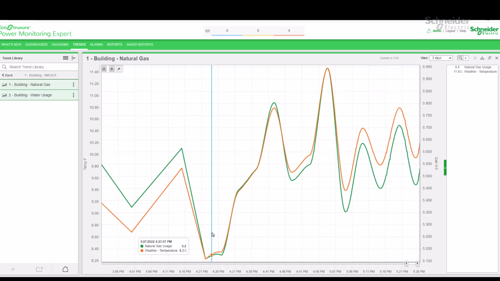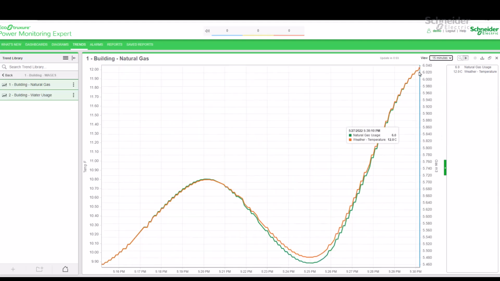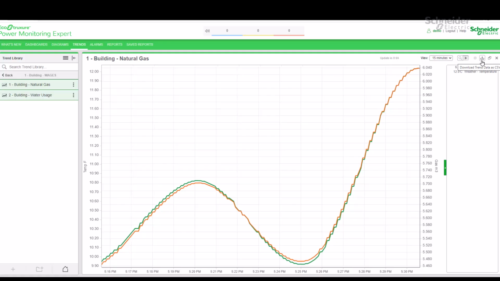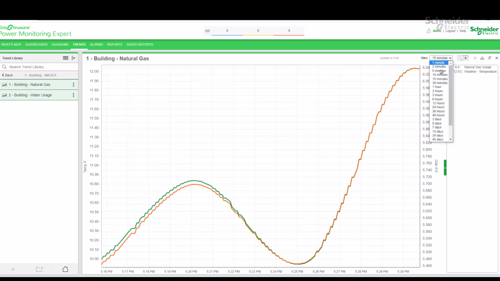Notice also that the data series is frozen in inspection mode. New real-time data does not come into the trend. Once I click Trend, the trend will resume trending mode and I can see the real-time data populating my trend once again. One last feature is the Export button. This will download the trend data as a CSV file. It is especially useful if we want to keep a copy of the real-time trend data.